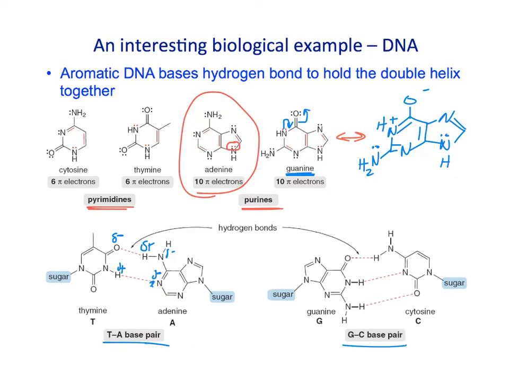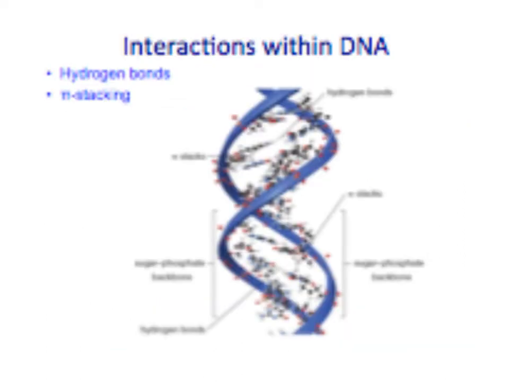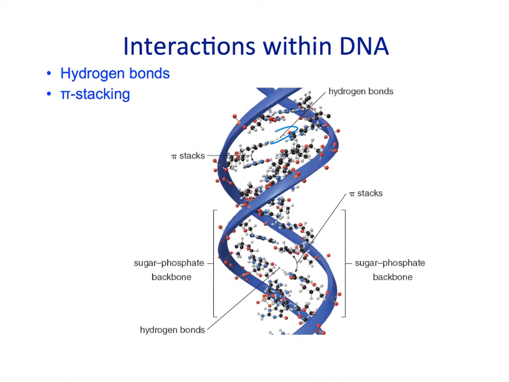Guanine and cytosine make 3. Okay, so we get these kind of hydrogen bonds, and those keep this double helix shape of DNA. So this is from the book. It's a little hard to see, but they show hydrogen bonds between the different atoms, but there's